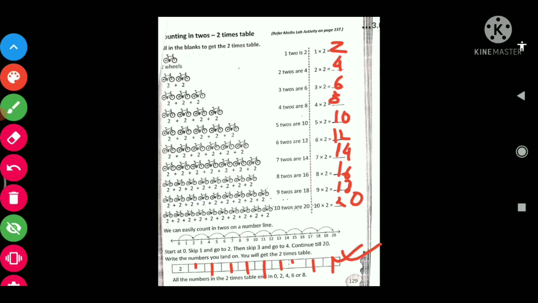Okay, so that's all for today. I hope you have understood the 2 times table. You just see the numbers. Learn this one very well because this will help you in your further studies, where you have to apply all these things. 2 times table, 3 times table, every table you have to utilize it. You have to write this one in your book and you have to write the numbers inside this box.